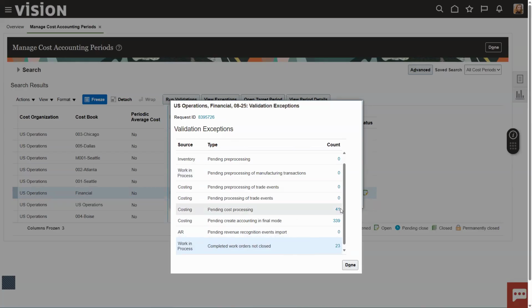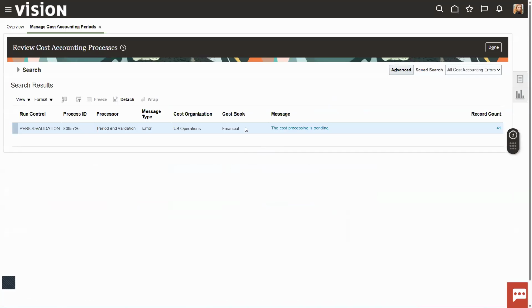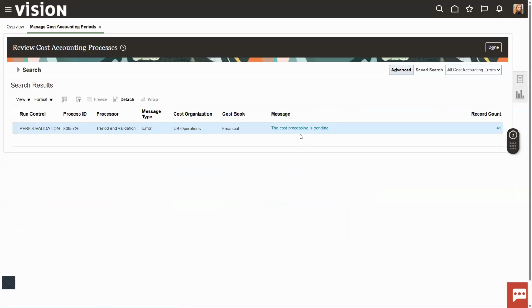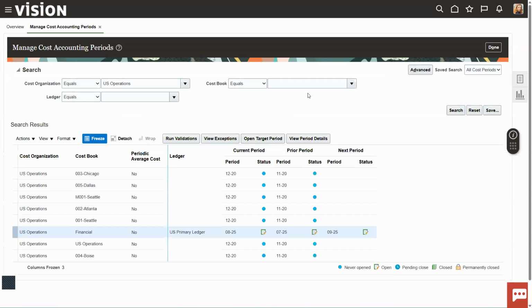So we have pending cost processing. We can click on this and it brings us over here to review cost accounting processes. And we can take a look at what those 41 items are. Okay, so the trade in transit receipt can't be costed. So it has all these errors that need to be resolved before we can close the books. So once we've gone through with that and we've run the validation or inventory valuation with the general ledger,